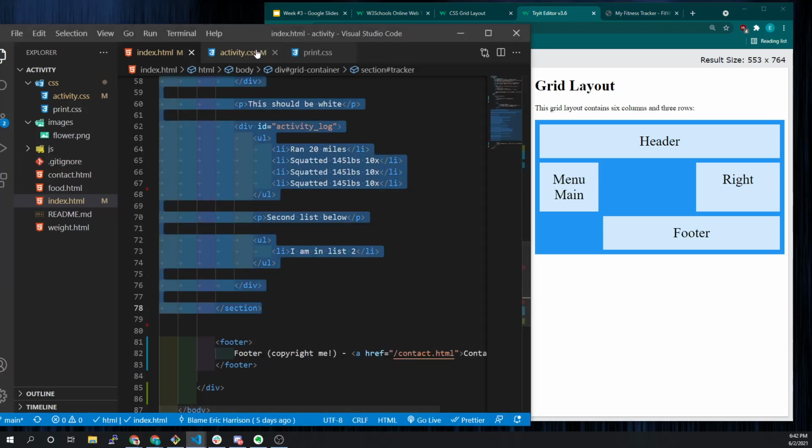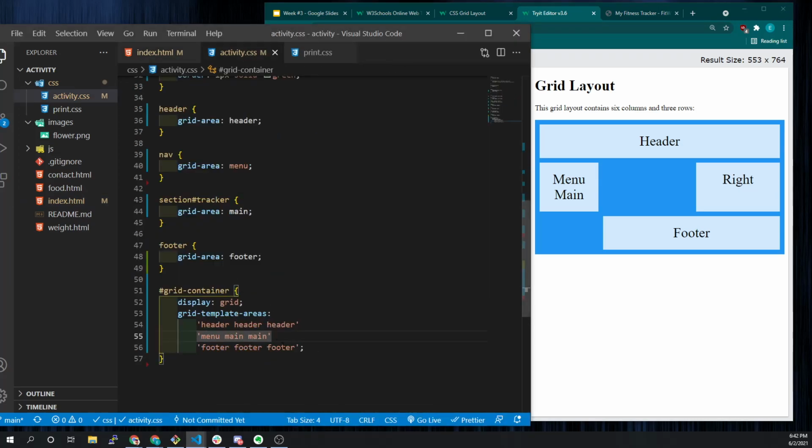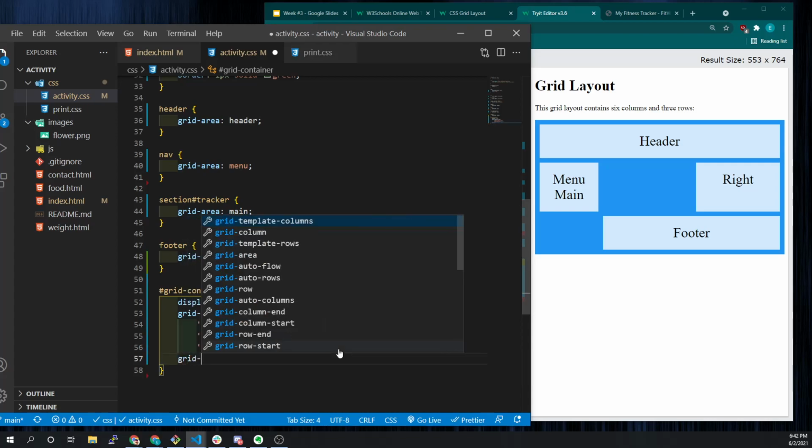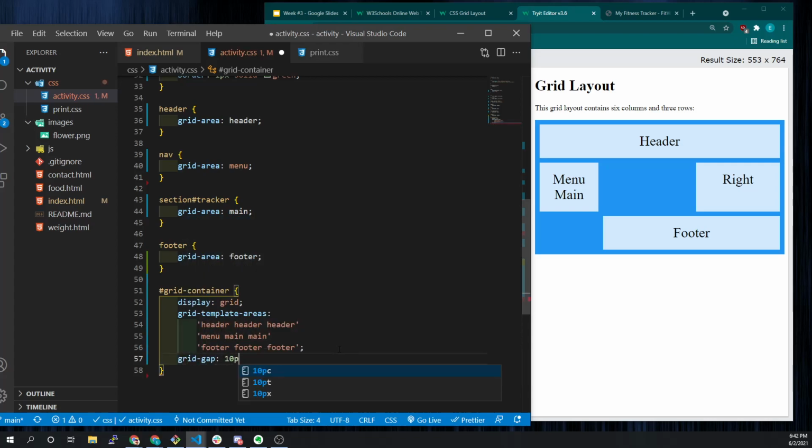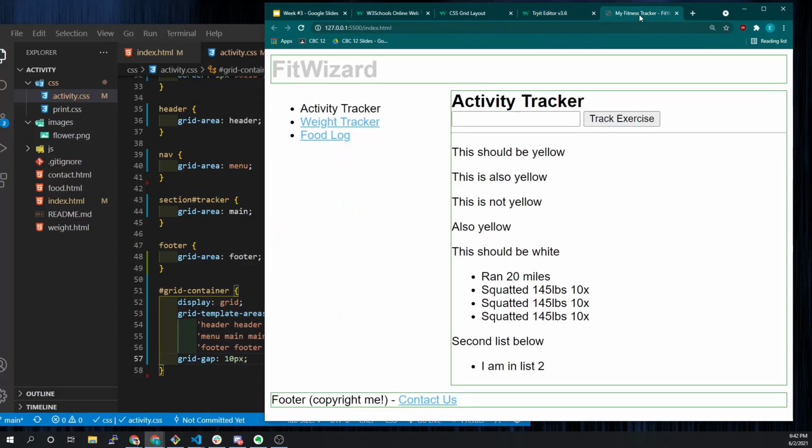Okay, now what else do we probably want to do here? We probably want to add a grid gap. So we're going to put that in the grid container. We're going to put grid-gap, and maybe we want to put in like 10px to see what that looks like. And if we save,